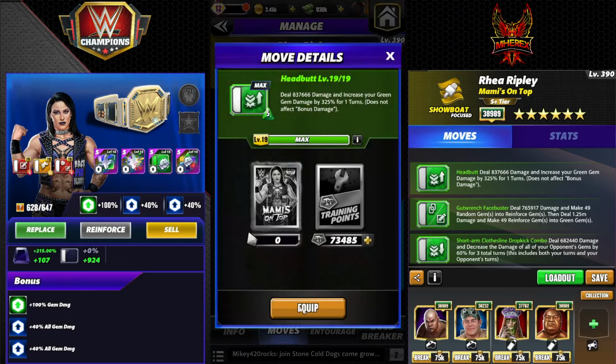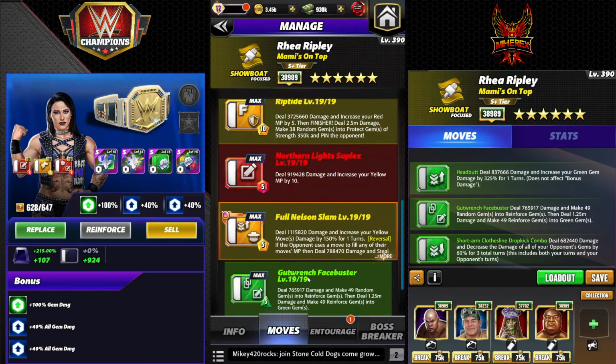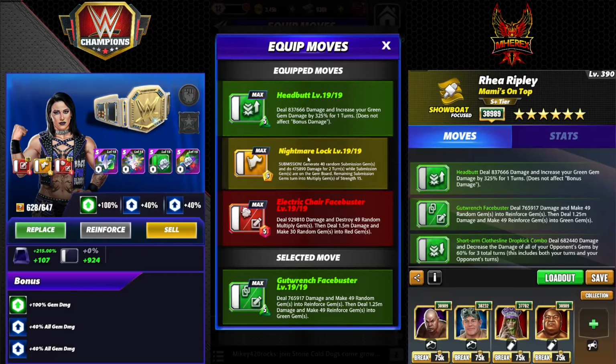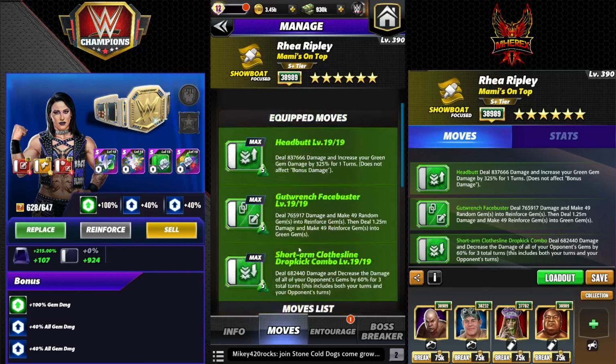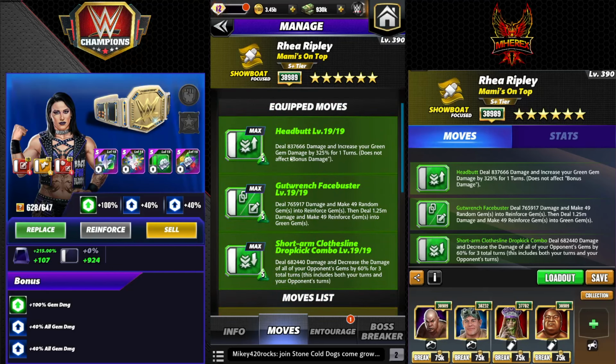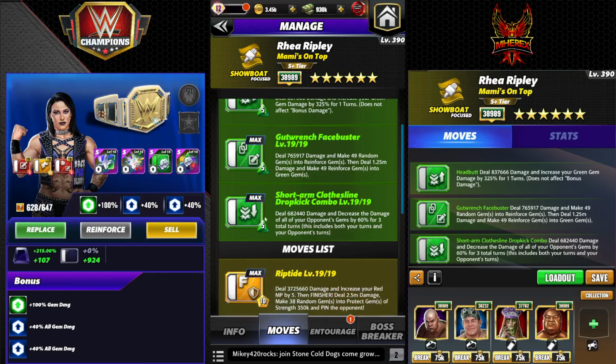So we got headbutt, we got gut wrench facebuster, and then we got short arm clothesline, which I wouldn't use, into the drop kick combo. Headbutt, they're all 5 MP green, 837k damage, increase your green gem damage 325% for 1 turn. This is like Maxine buffed up a ton. Gut wrench facebuster, and much easier to do and faster. 765k damage, 49 gems into reinforce, then 1.25 million damage, make 49 reinforce into green, and then for some reason,